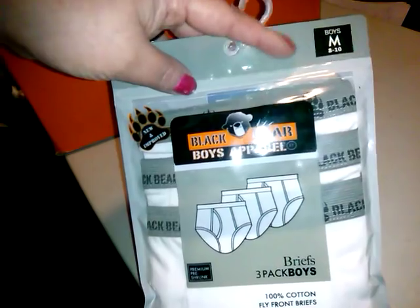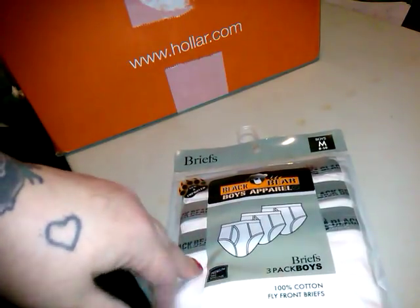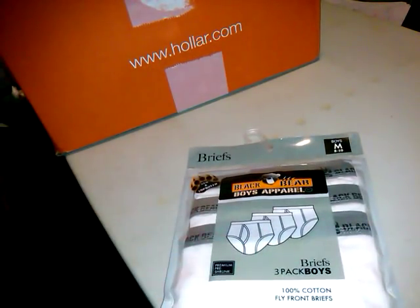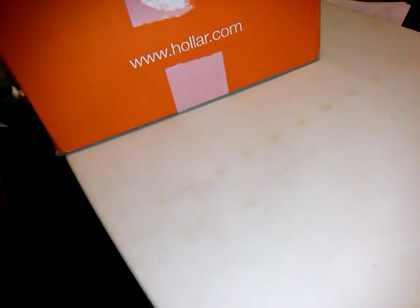But instead of $3 a piece, they clearanced them down to $1 a pack for these white ones, and they went fast. So I had the large ones in my cart as well, and they were gone. So I got the medium 8 to 10 at $1 a pack. I bought 1, 2, 3 packs. And he doesn't care if they're whitey tighties, because being that light in the summertime,